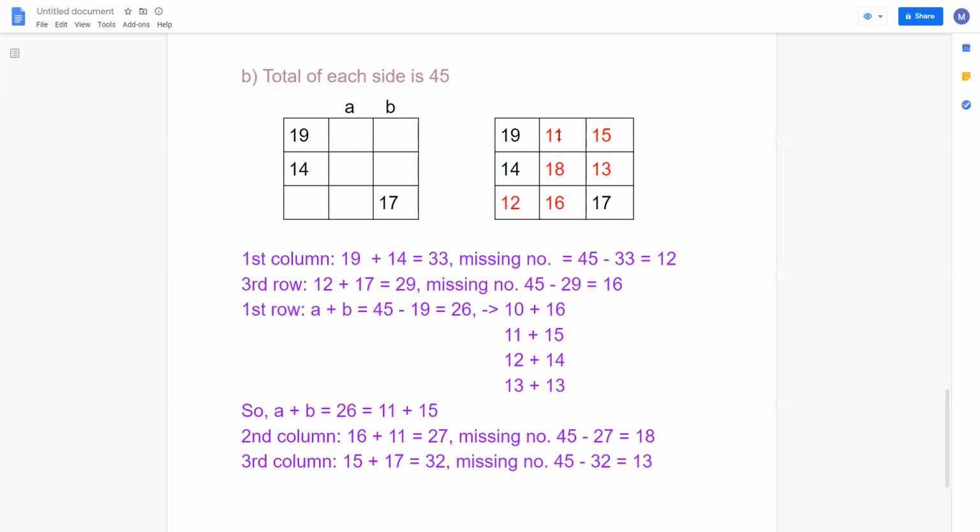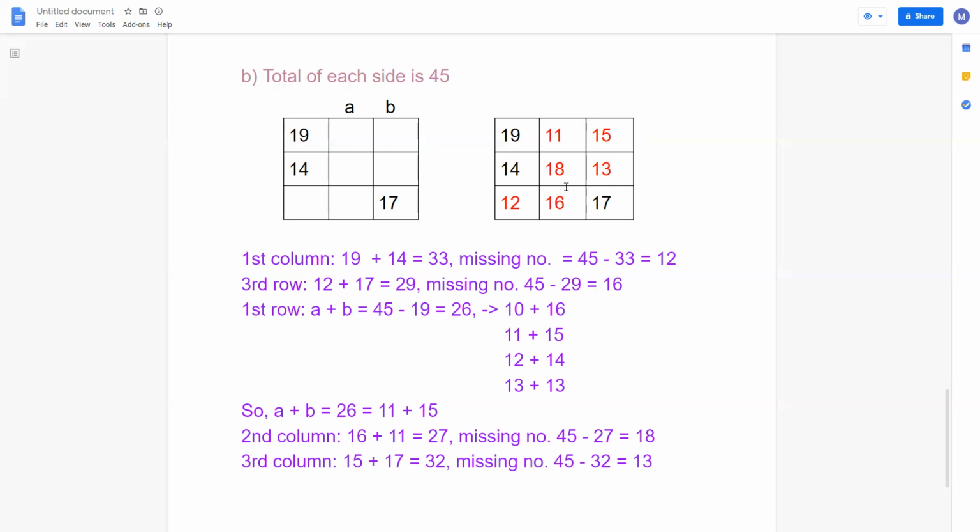Now you think, if 15 comes here and 11 comes here, then think about the difference. If it is 15 here, then 15 plus 16 is 31. Now 45 minus 31 will give you 14 here as the middle number. But 14 we have already used, so we can't use it again. So only this order is possible. Here 15 and in the second column 11 is not possible. So I have got 11 here and 15 here. Now these two numbers only meet.